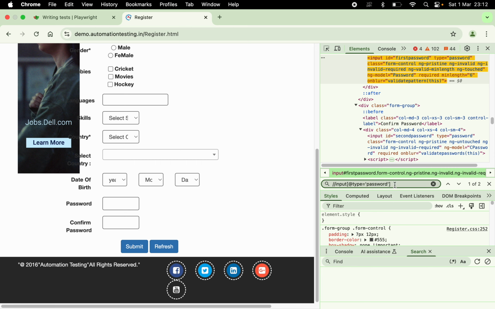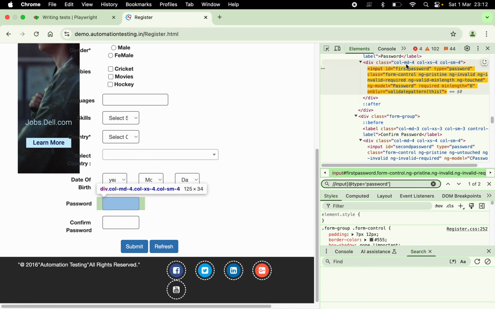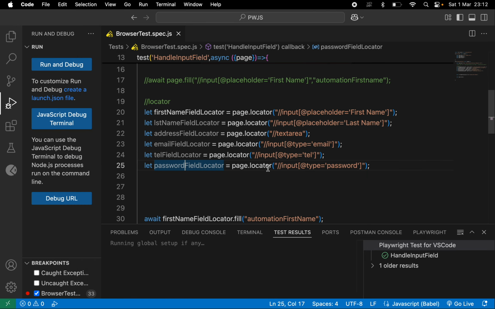So I cannot use this. Instead of type, I can use the ID. For the first password, I will use this XPath,